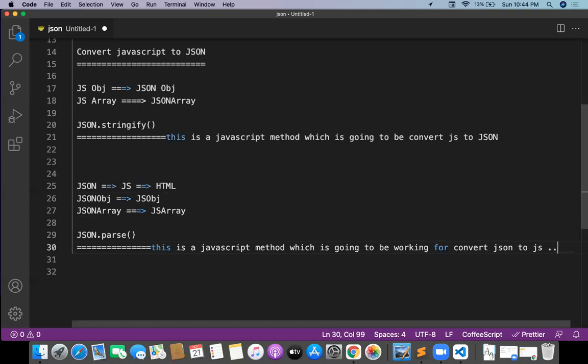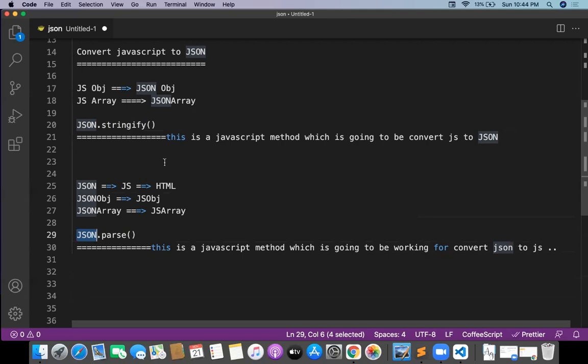So let's do one program on both JSON.stringify and JSON.parse. JSON is in capital letters here, and here also. These two are important methods to work with JSON and JavaScript.